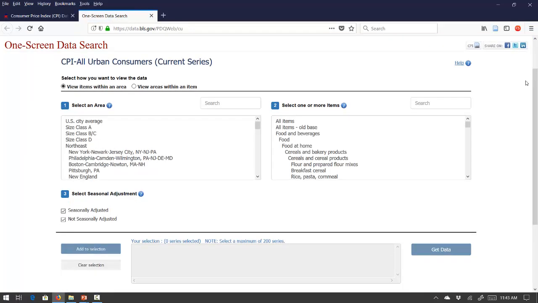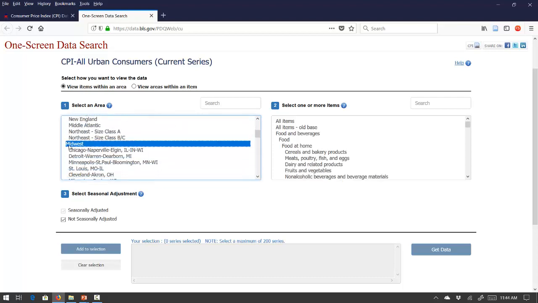So you see multiple windows. Now US data on CPI is collected on a regional basis. You can see US city averages, size class A cities, size class B or C cities, size class D cities. These sizes are based on the population. Typically, size class A cities have a population of more than 100,000. Then it's divided into different geographic areas like Northeast with subdivisions, Midwest,